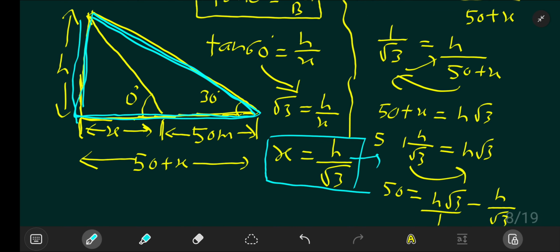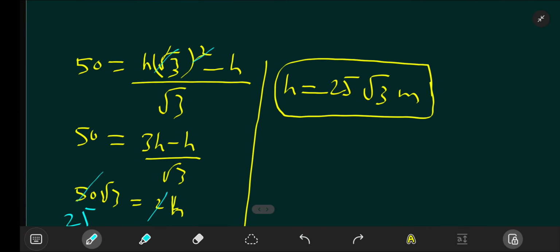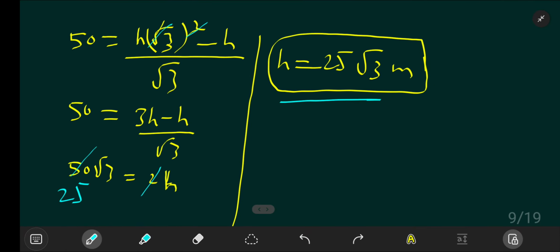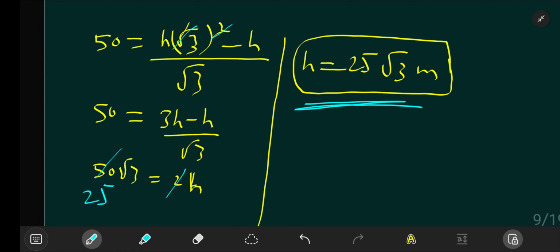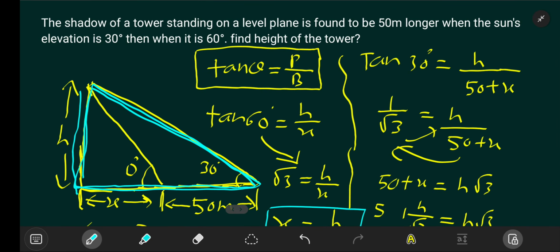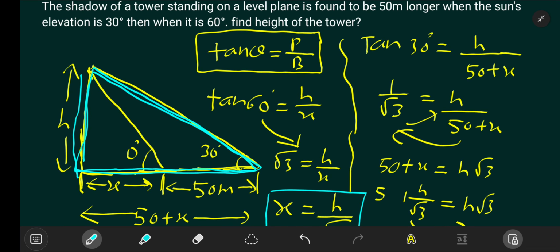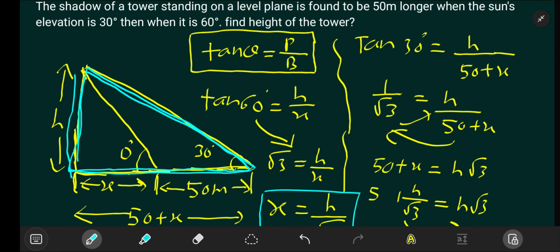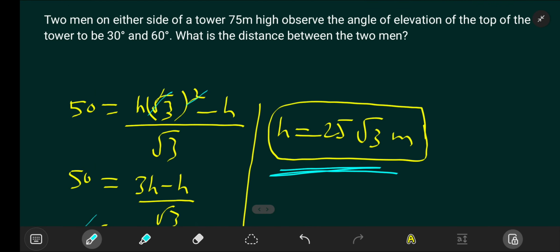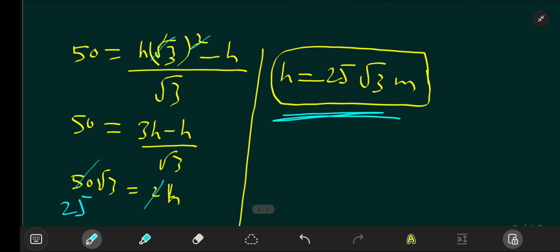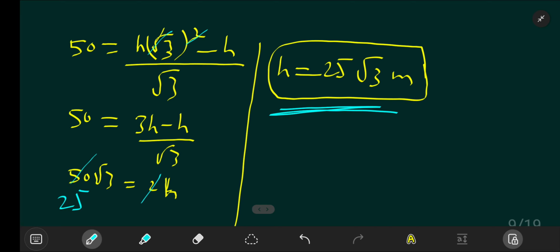By doing further simplification I got h is equal to 25 root 3 meters. That is all they asked: find the height of the tower. We assumed h is the height of the tower, and now we have got the h value. Okay, understood with this? Next